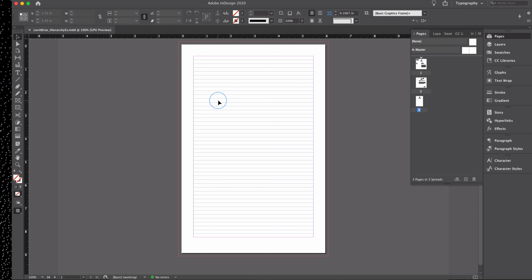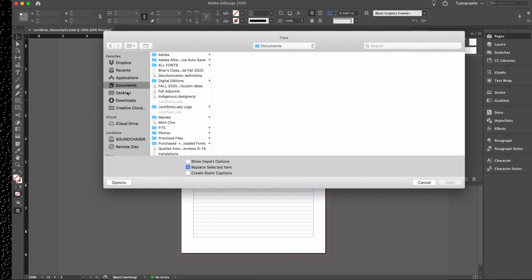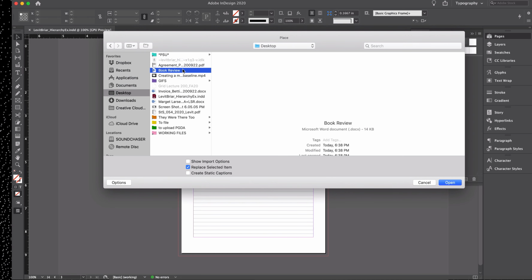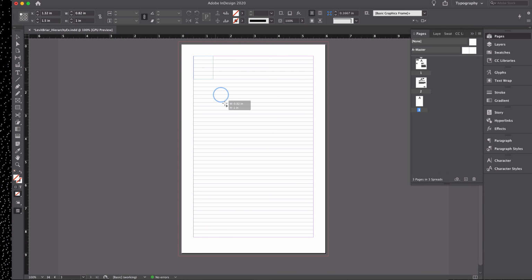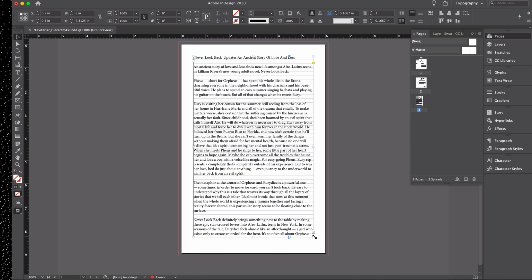And I'm going to place some text, and I'm going to hit Command D in order to place text that I have on my desktop. It's a book review, and I'm using that text so that I can then use some paragraph and character styles. So it's got a title, it's got some body text, and then at the end of the article,